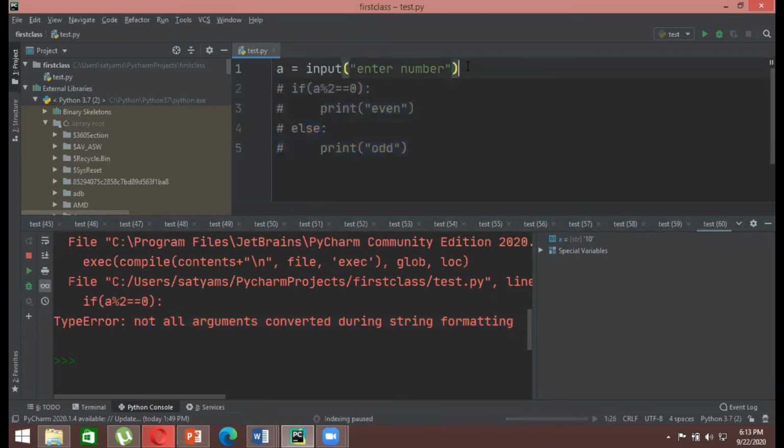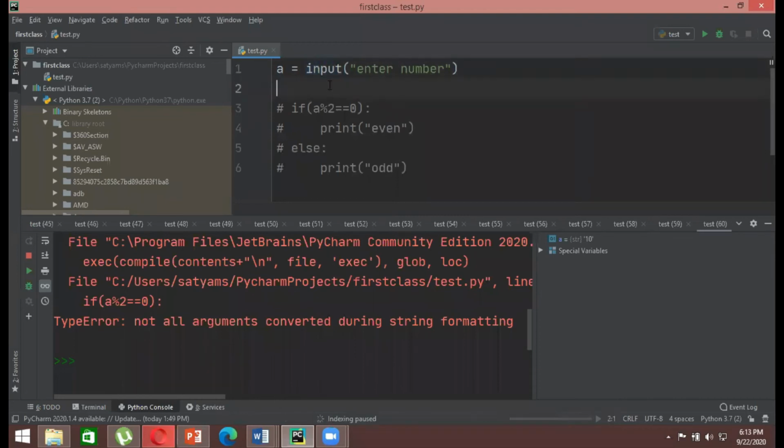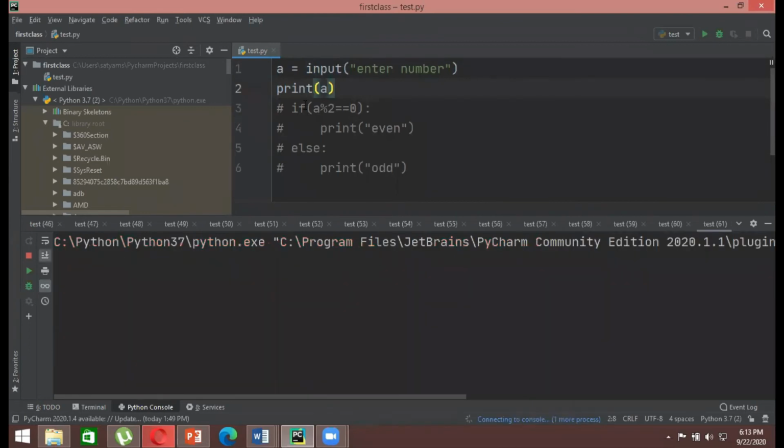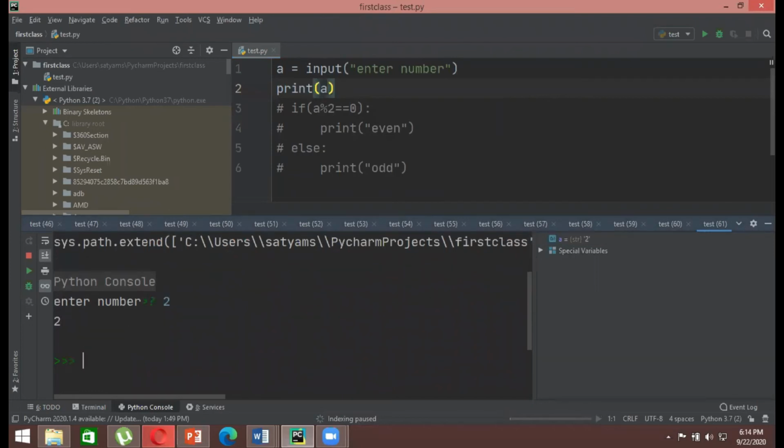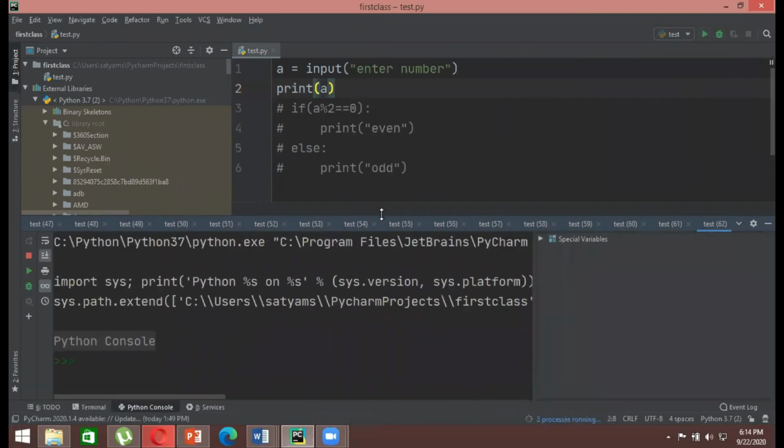If you are just going to use the input function, and let's say I write print a, Python will not differentiate between your data types, because we are not specifying what kind of data type the user is going to give to Python. What Python doesn't recognize here is the type of data that the user is giving. So if I write 2, which is an integer, it will give me an output saying 2. It doesn't differentiate between an integer, float, or a string.